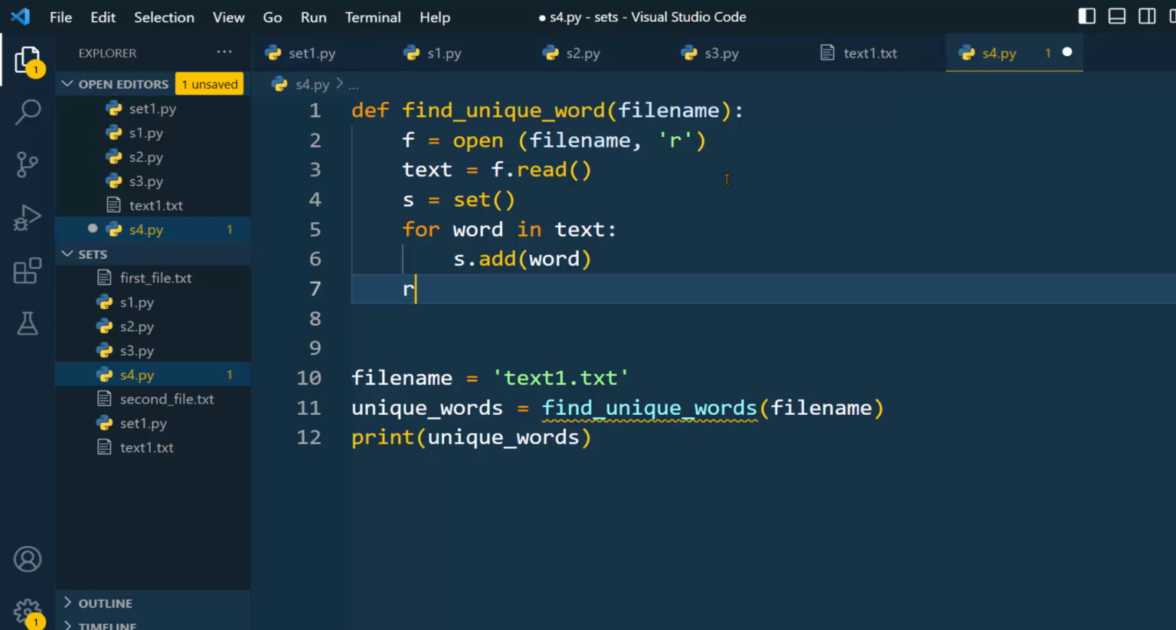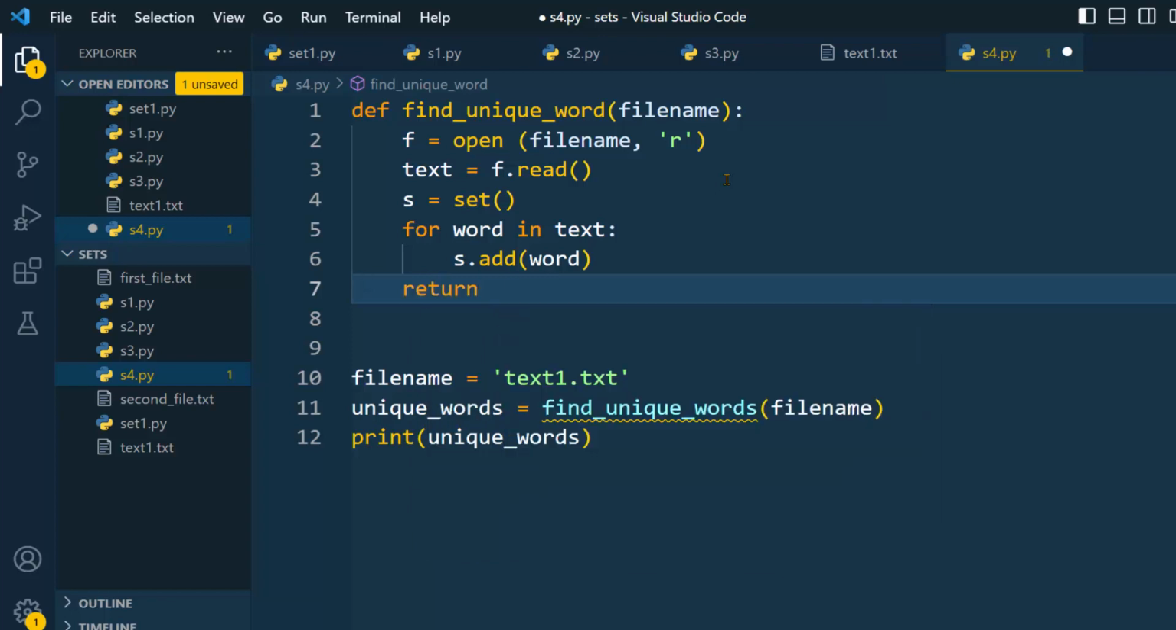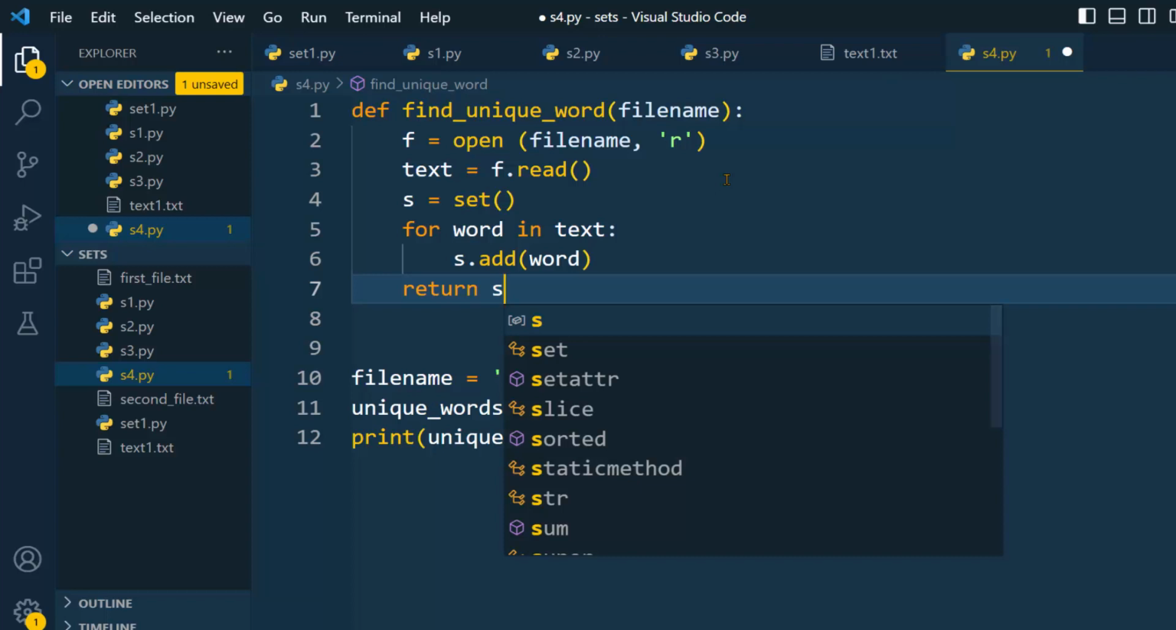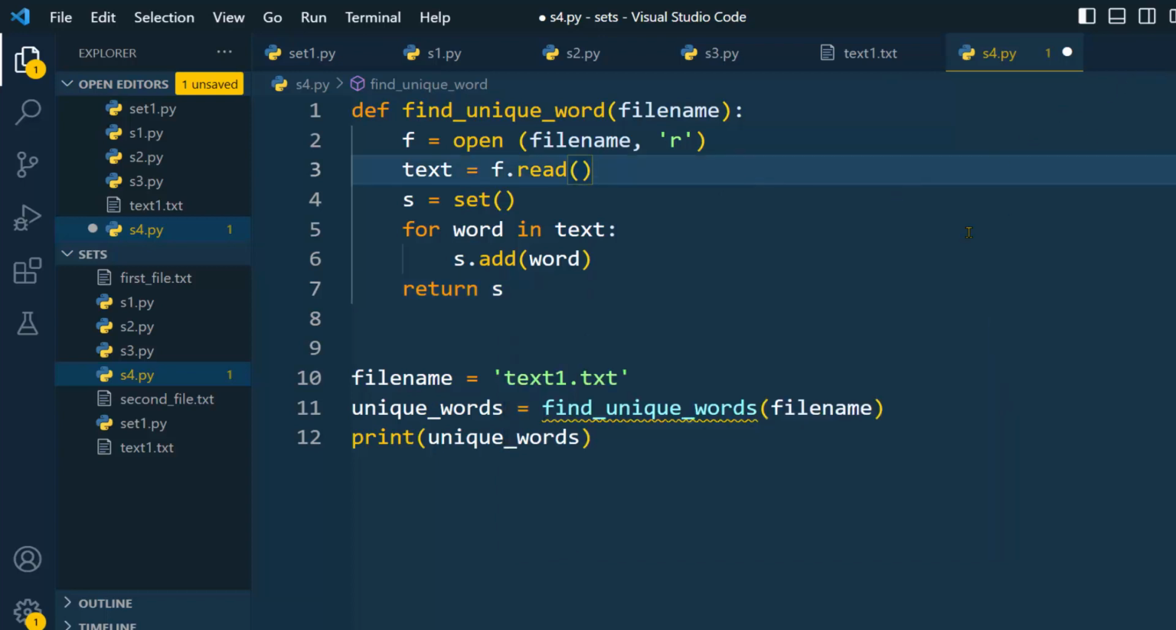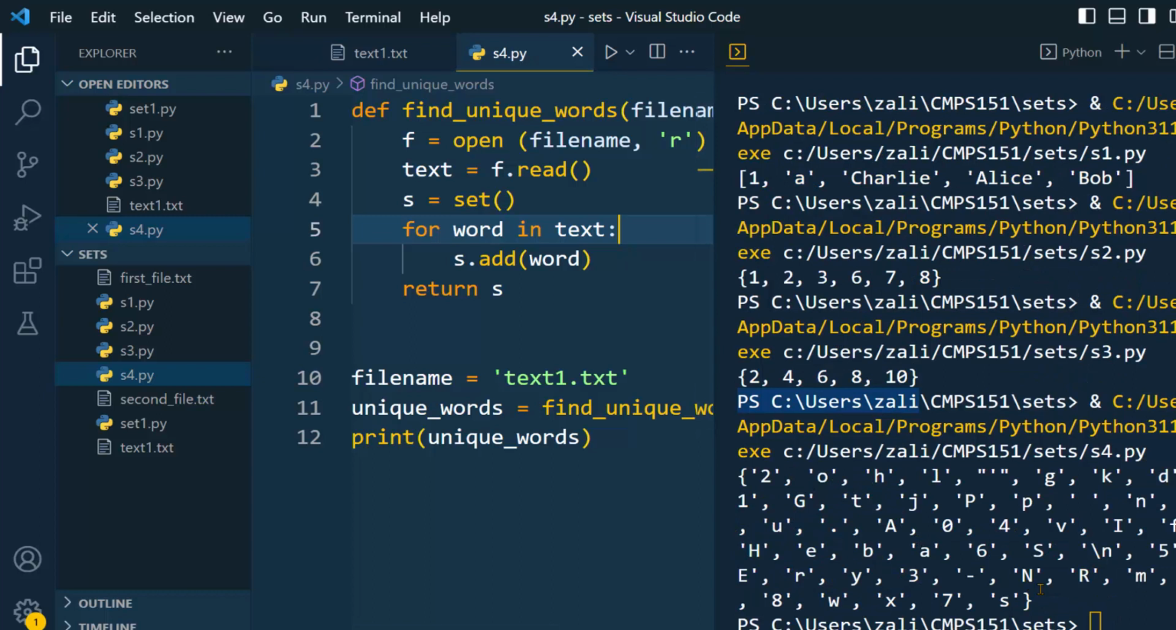The function returns the set, so we need S. Let's see the output here. Find unique words. Here I just need to make sure the names are right. Run. Okay. This time we got letters, not